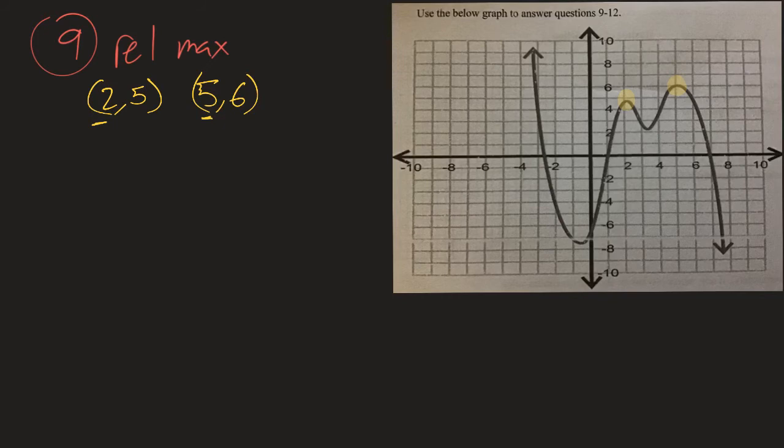Now, number 10 asks me to find the relative minimums. So same thing, guys. Pause the video if you know, and go ahead and try to identify those relative minimums for me. You can see that in blue I highlighted two relative minimums. It looks like negative 0.5 and maybe negative 7.5